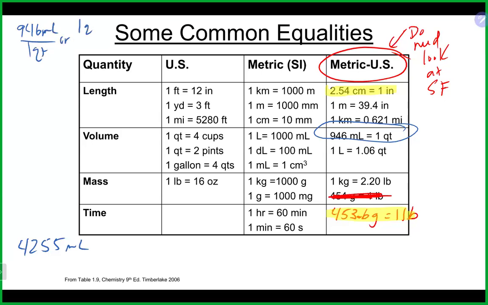Our 1 quart is 946 milliliters. So here we would go opposites, which means milliliters needs to be on the bottom. So we will roll with that one, which would be 1 quart over 946 milliliters in this case. Once again, the milliliters are going to cancel. We're going to basically take 4255, if I punch it in right, and divide it by 946. Hit equals and it's going to give us